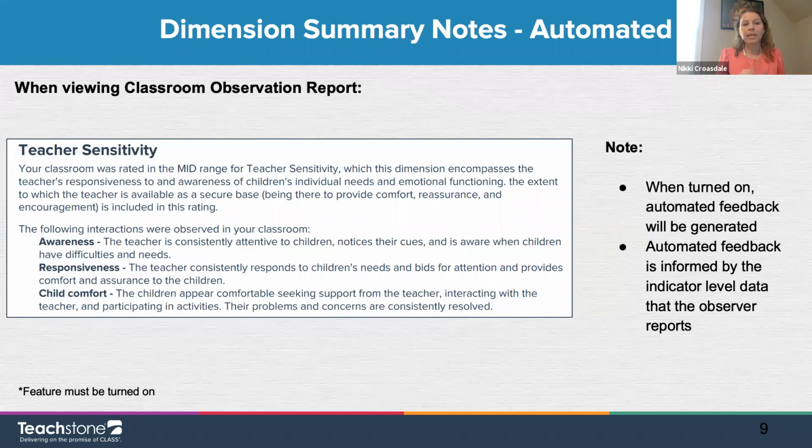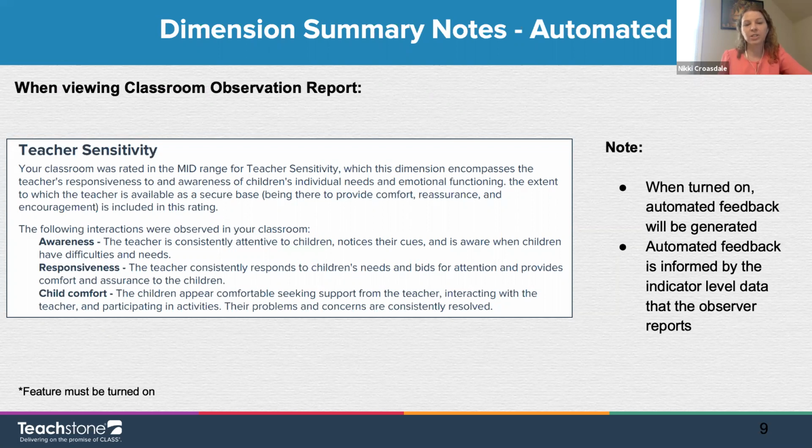It's a description for each indicator about how the classroom might have looked in terms of those categories of interactions. So to be clear, it would be really important for me as an observer to pay close attention to those indicators that I am recording, because that is going to inform this automated system. Would that be correct? Yes, for sure.